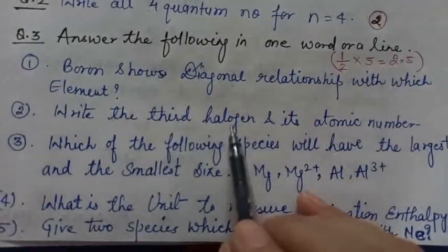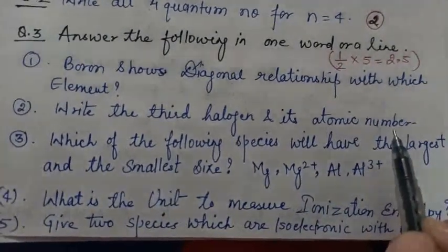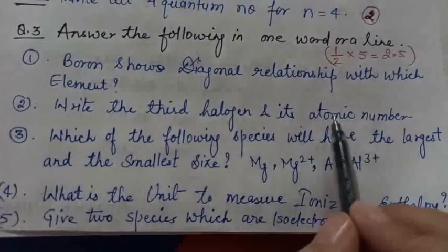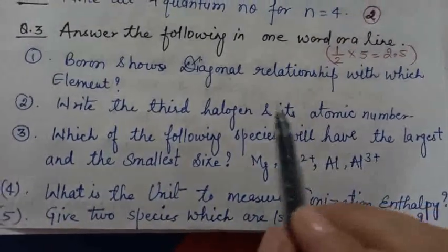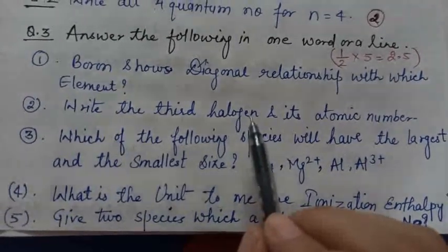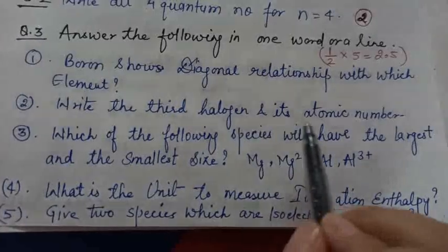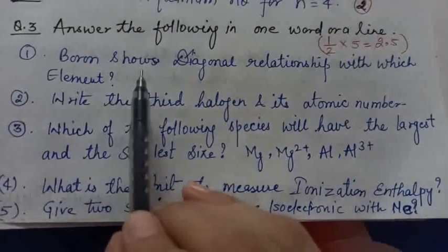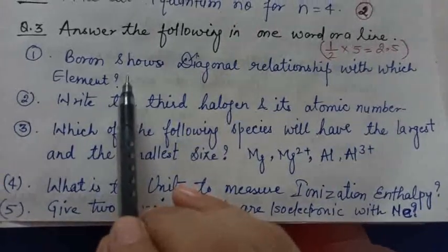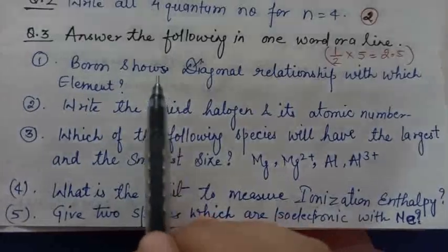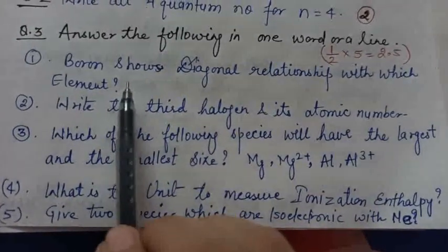If both will be correct, then only I'll give you half mark. Supposing आपने halogen का नाम correct लिखा है but its atomic number is wrong, I'll give you 0. If halogen is correct, atomic number is wrong, 0. If atomic number is wrong, name is correct, then also 0. So remember, if you want to get half mark, both the parts should be correct. Okay, here is a spelling specific question. If the element is correct in the first question with respect to name and spelling both, आपने element identify भी सही किया, spelling is also correct, then only you will get half mark.